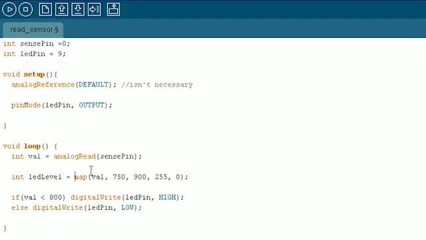So precisely what this is doing is it's taking in val from the sense pin. The value of 750 gets converted to 255. The value of 900 gets converted to 0. Anything in between scales proportionally. So as the value increases from 750 to 900, this value, or LED level, will decrease from 255 down to 0, which we can then feed into our LED to change its